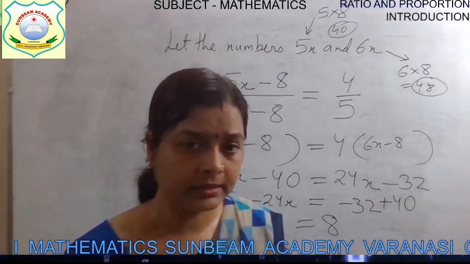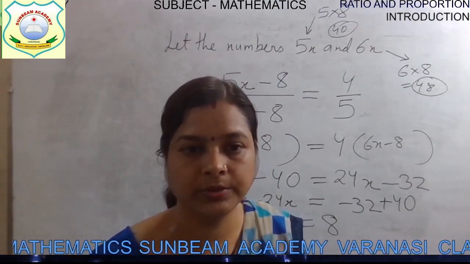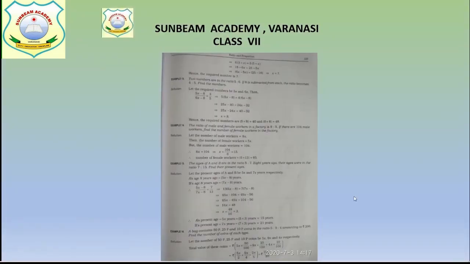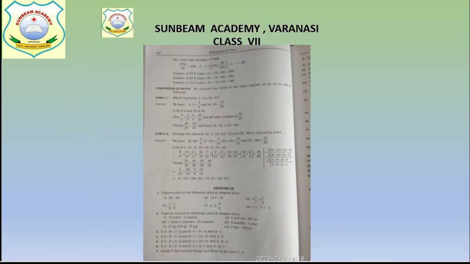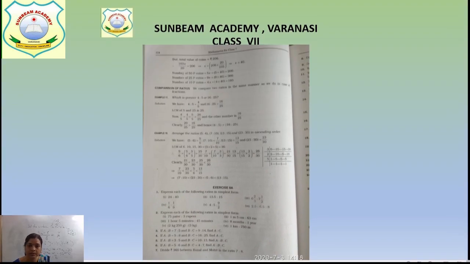One more thing is left, I think, that is comparison of ratio. Yes, one more topic is left. Let me show it to you. See, comparison of ratio. How can you compare the ratios, children? If the ratios given are 5 by 6 and 11 by 3, which ratio is bigger, which ratio is smaller? How can you find? How can you judge by simply looking at those two ratios? We can't. Okay. For that, what will we do?